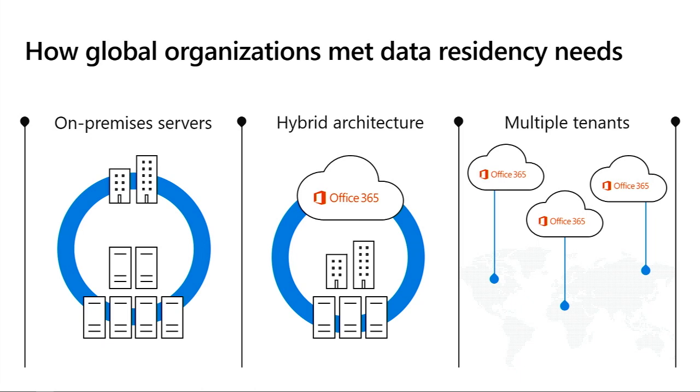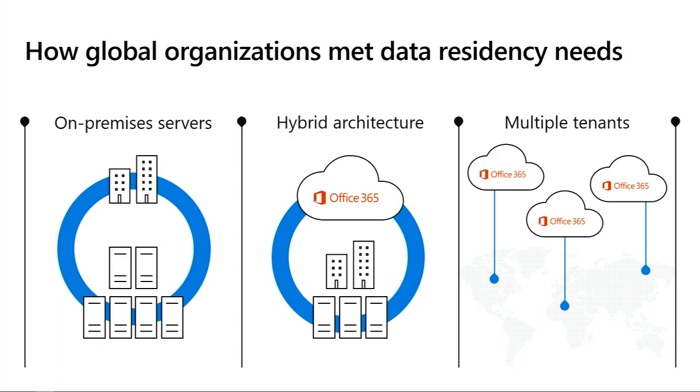Before, you could build on-premise servers in different locations and preserve the data there, so that we follow the regulatory guidance of that specific country for those employees. Then you have the hybrid architecture, where you use Office 365 and still have on-premise servers in different places. The other approach is to have different Office 365 tenants for different